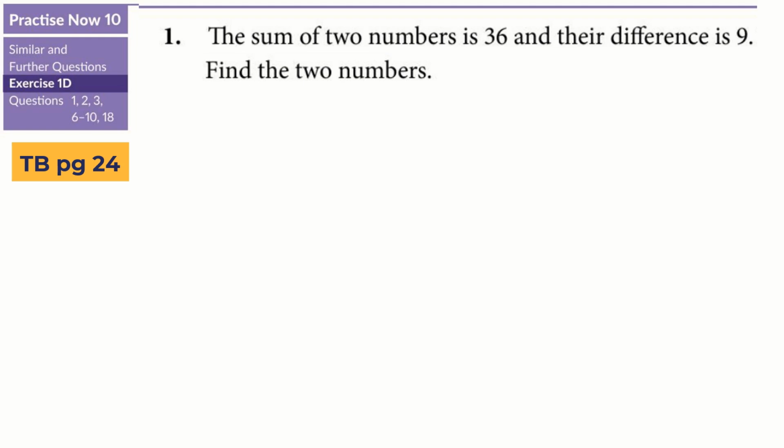In this question, we are given that the sum of two numbers is 36 and their difference is 9. We want to find the two numbers. So if you recall from what we learned in Sec 1, where we want to actually solve a problem using algebra, my advice to you back then was to let the unknown be x. But in this case, there are two unknowns because there are two numbers. So naturally, we will be thinking of letting the variables x and y be the two numbers,